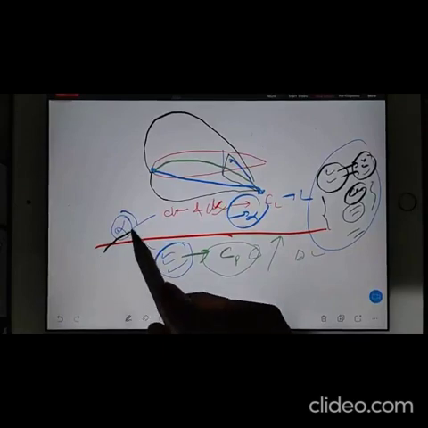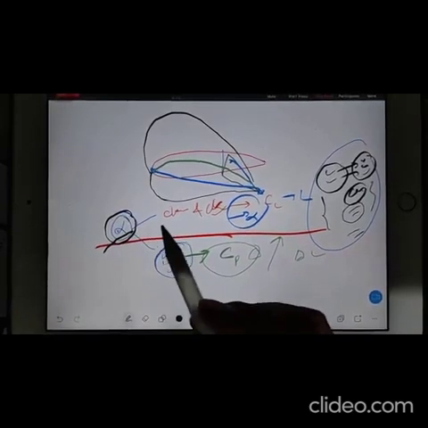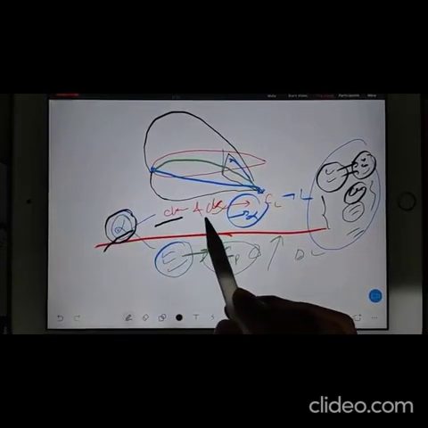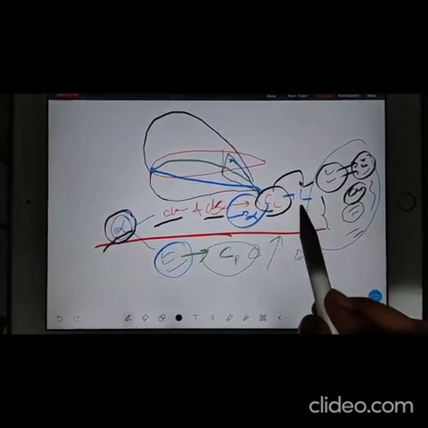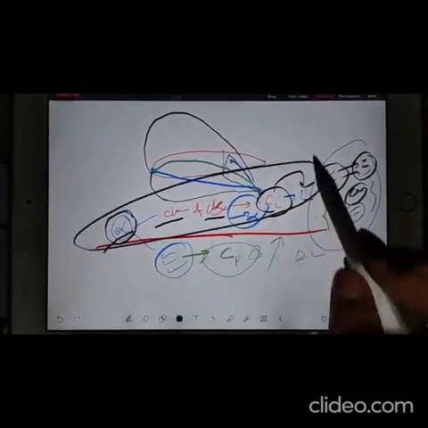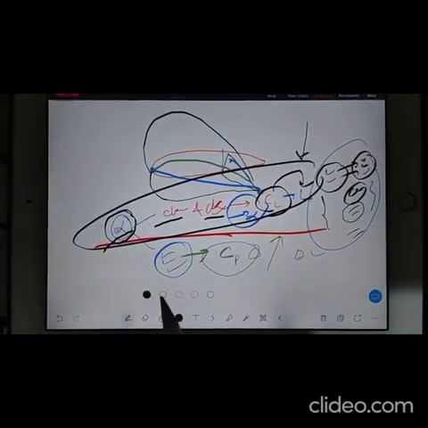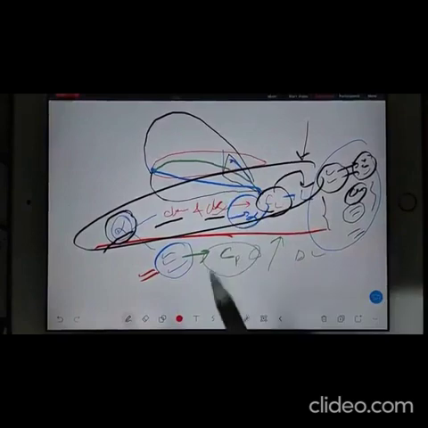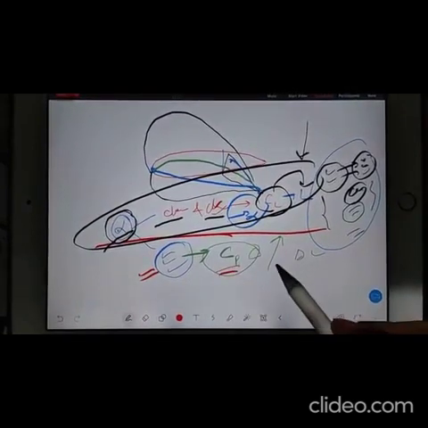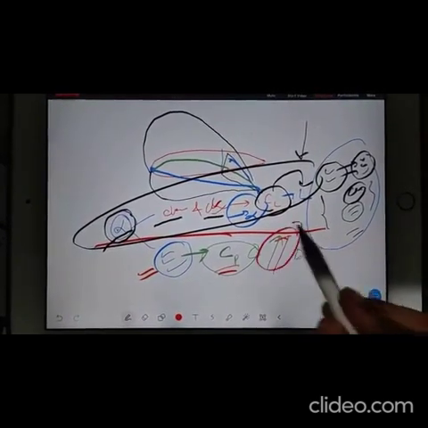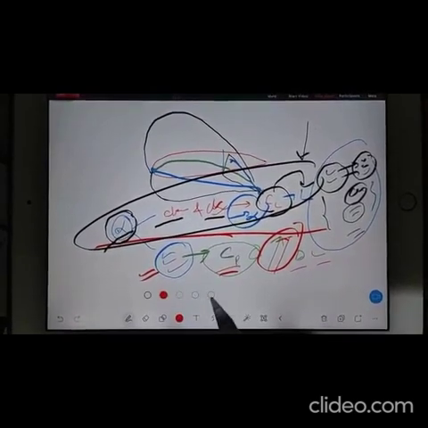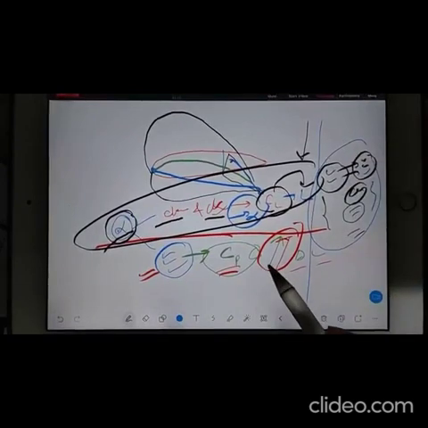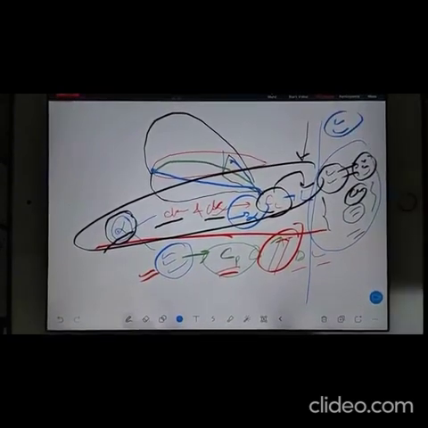In one approach you are changing your alpha, and that alpha is changing your chord line and camber and so on. Because of that you are getting CL, and because of that you are getting lift. This is one way to explain lift. Another way is you are changing your alpha, because of that your CP is changing, because of that you are getting a different amount of aerodynamic force, and because of that you are getting different lift and drag. And when I teach you aerodynamics, I will teach you that all these things are happening because of circulation.